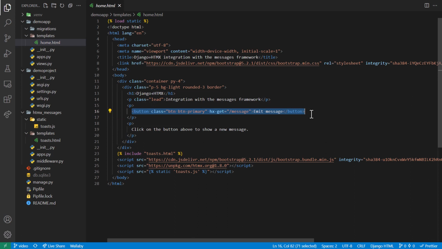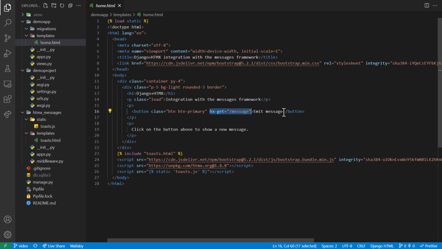Here is our button. As you can see, it has the hx-get attribute, which tells HTMX to perform a GET request when someone clicks on it. However, it doesn't have the hx-target attribute, so the button itself will be the target of the primary swap. This was okay for the previous video because I intentionally skipped the primary swap, but I prefer that you see the effect of the primary swap now.